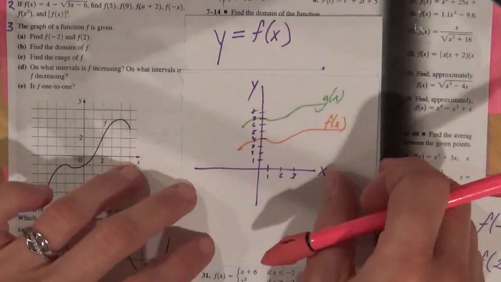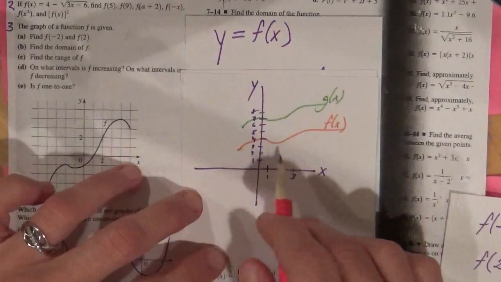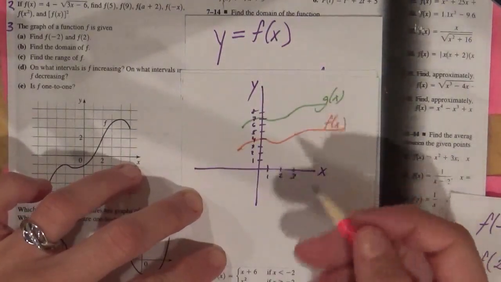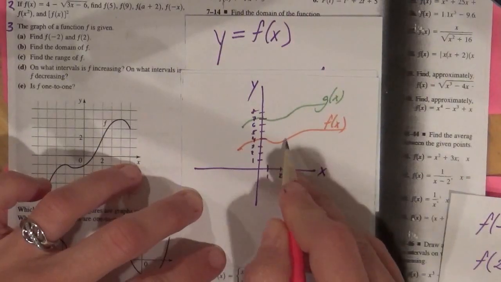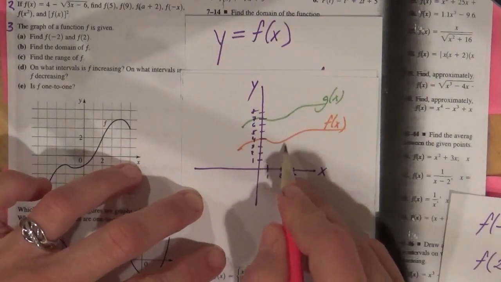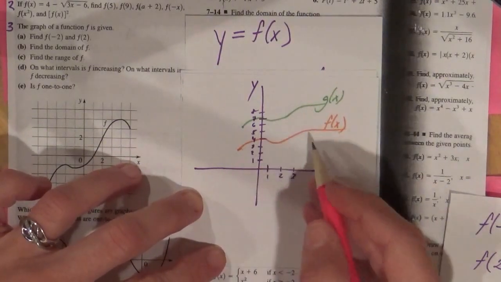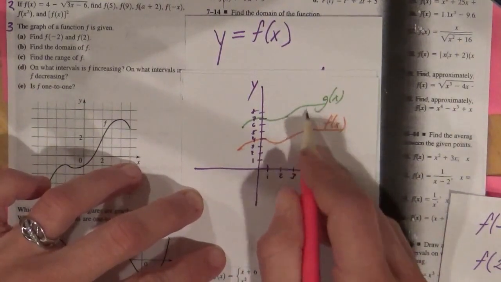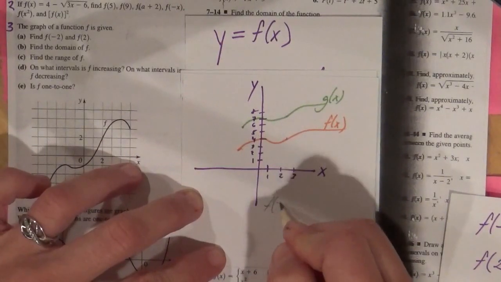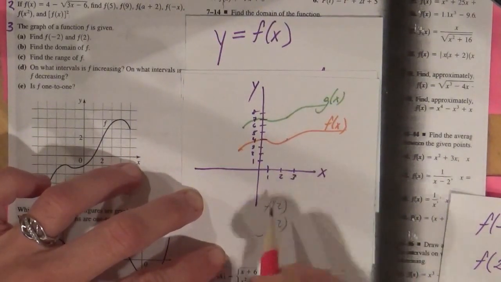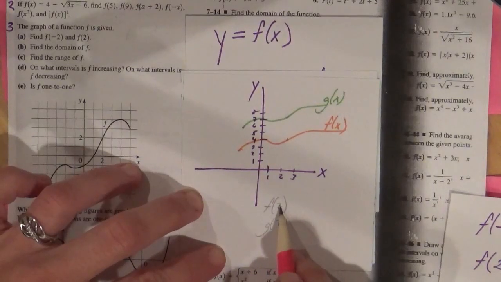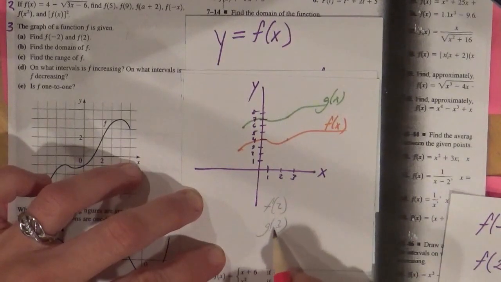So just for a really simple example, what if I had two lines on the same coordinate plane and I wanted to say, hey, when x is 2, what's y? And I'm like, oh, which one do you mean, right? Do you mean this one for the f, or do you mean that one for the g? And so that's why they say f of 2 versus g of 2. So this means the y value for f when x is 2, and then the y value for g when